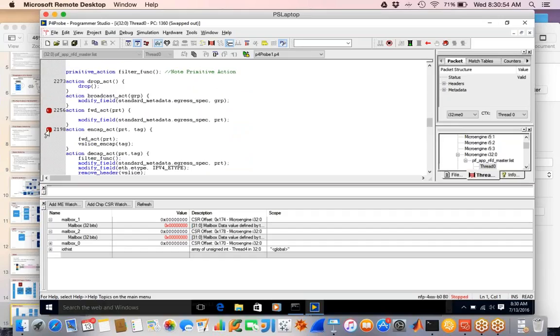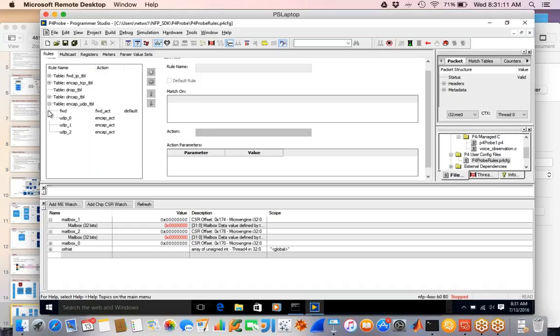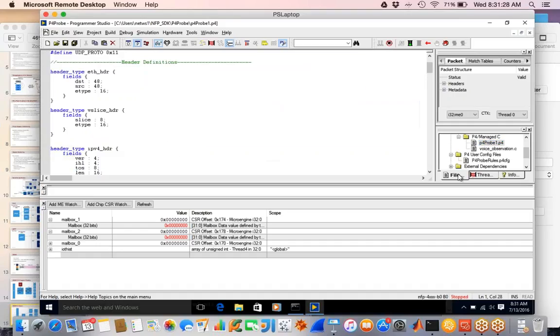So we've added a breakpoint here on the encapsulation now, which just shows whether our particular packet has matched on our encap packet. So if we go and look at our table, which shows what our rules are, we're just going to send one UDP packet through. All we're doing right now is matching on the particular virtual function that the packet comes from. So we'll just look at it, check it out, send it across, and give it a tag. That's all we're going to do. Very, very simple for now. So if we go back here,